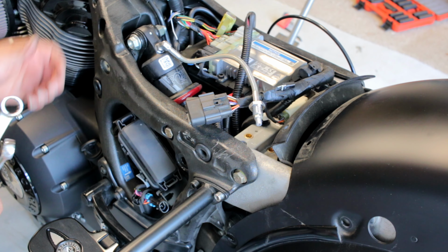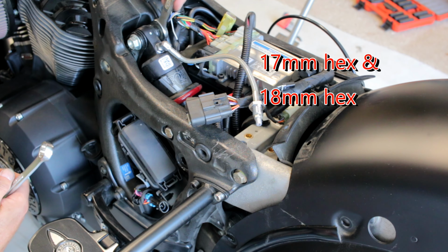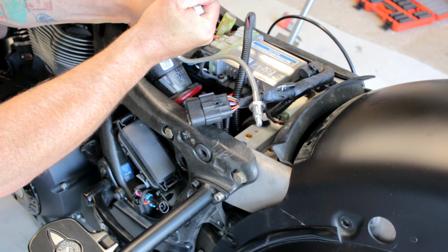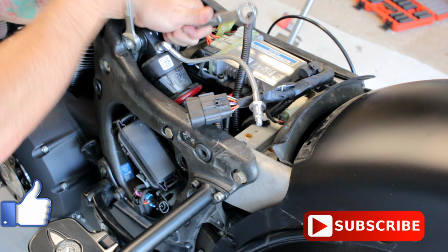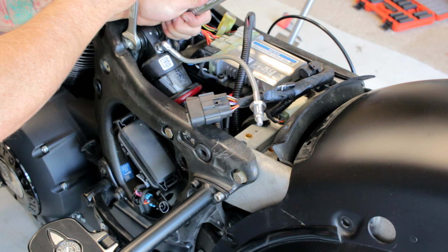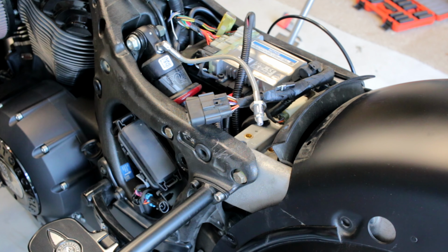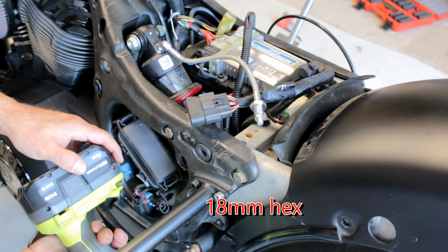Then these two bolts up here. The back side is an 18 millimeter. This one's a 17 millimeter. So we're going to loosen that up. I'm not going to take it out all the way yet, but you can see the shock is actually getting loose. And then there's an 18 down underneath here, which is what we had to move the fender back for. So I'm going to try to